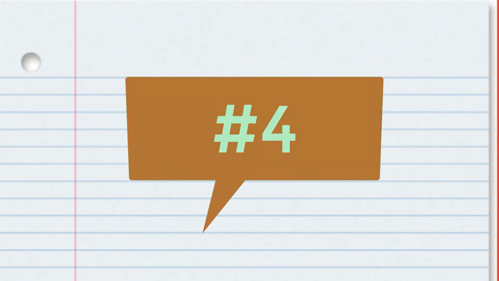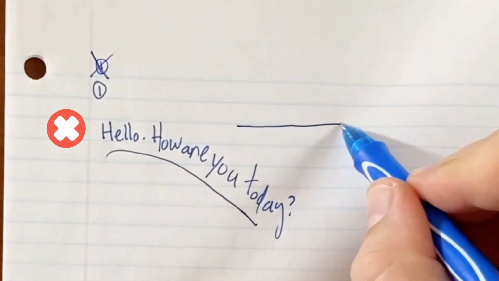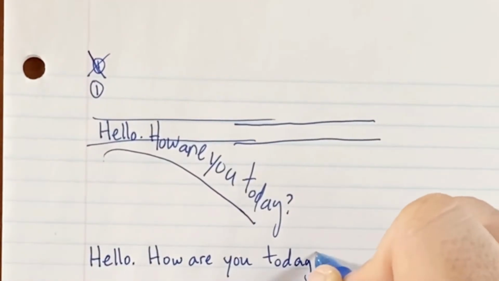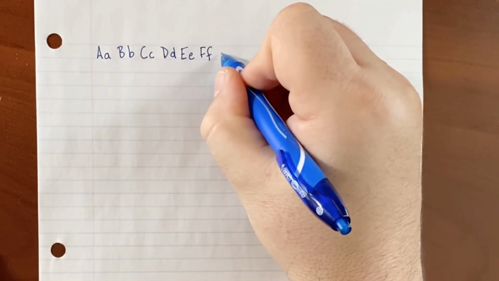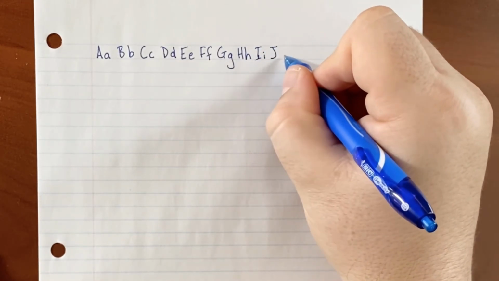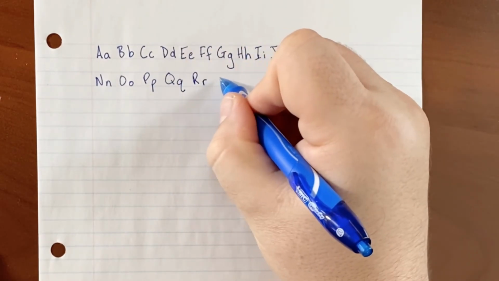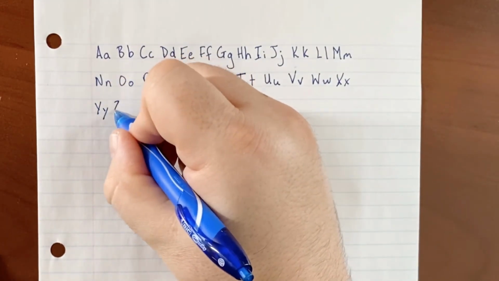Tip number 4, stay between the lines. If you are on blank paper, always pretend that you are writing in a row. Don't go over the row and don't go under the row. Finally, tip number 5, use the proper size letter for both capital and lowercase letters. Don't make your letters too big or too small. People may not want to read if you do. Would you want someone to read something that is a mess? If you practice these 5 tips, your writing will be easy for anyone to read.